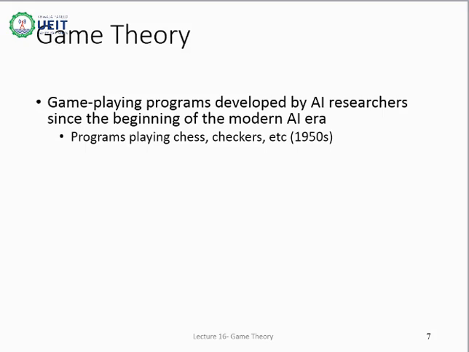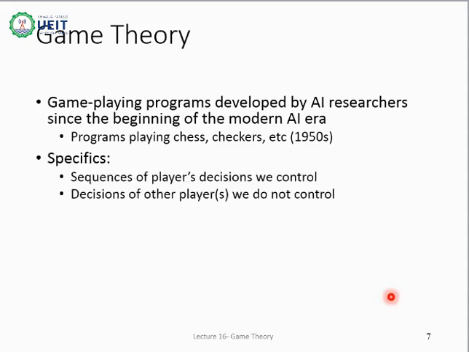Deep Blue was a chess-playing computer developed by IBM. It is known for being the first computer chess-playing system to win both a chess game and a chess match against a reigning world champion, Garry Kasparov. It is well understood by now that we can control only the moves of our player. We cannot control the moves of the opponent or adversary against which we are playing the game.